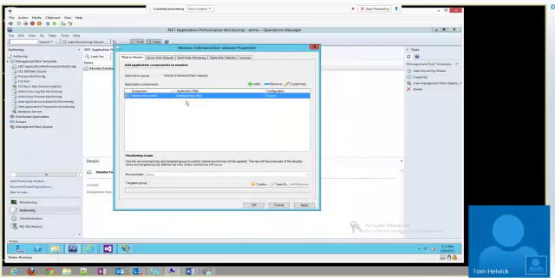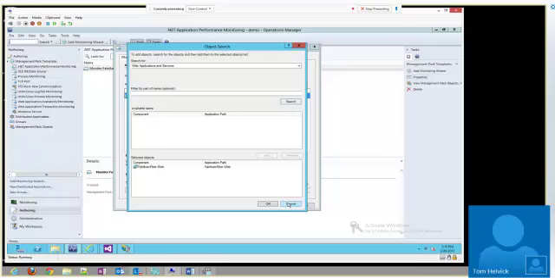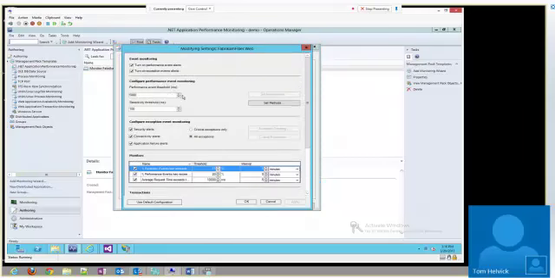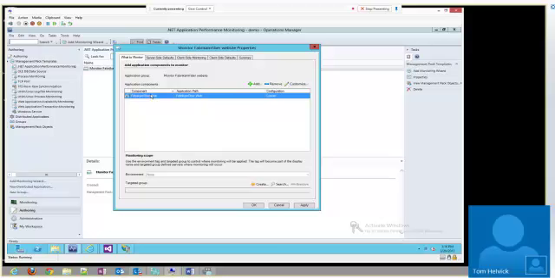So I would go out and find the websites, or an application that I want to be able to monitor. I can add a new one. I can change the properties of them. I'll get into a little bit of this in a second. But I would have my list of parts in here that I wanted to set up monitoring for.